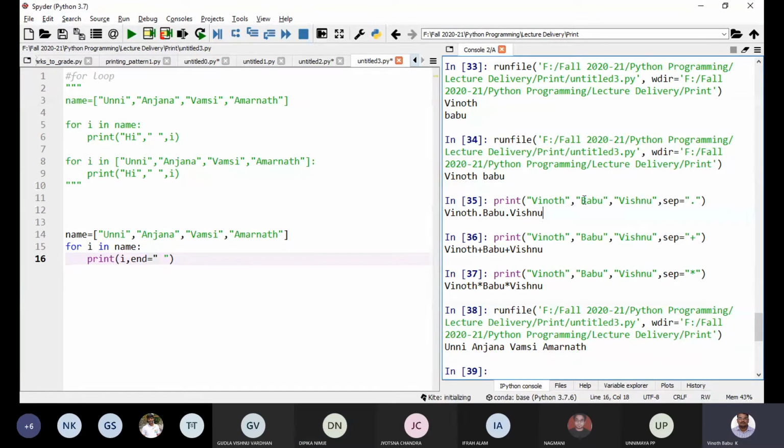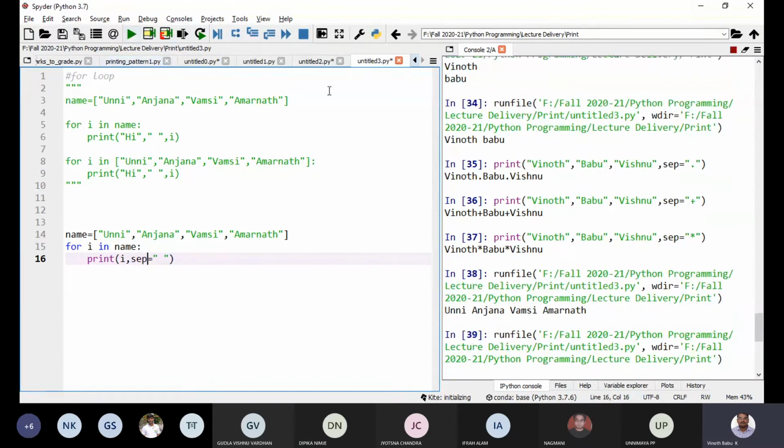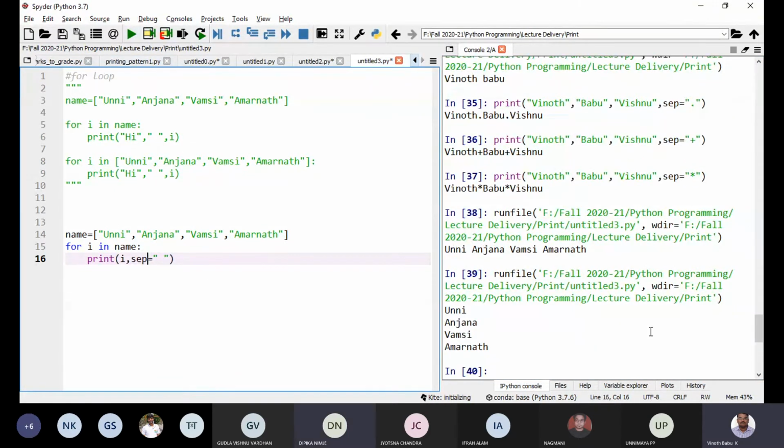Whereas with the end operator, after printing whatever is available here, I want to end it with something. So you won't get the same output. Can you see the difference? By default it takes the default end operator, but only one print statement is there. Even though it provides a space, it's of no use in this case.